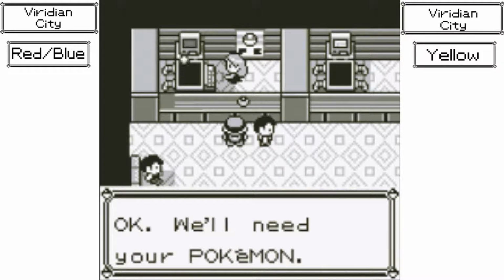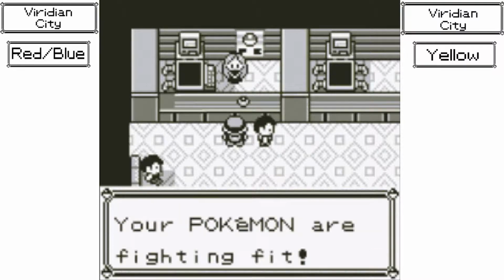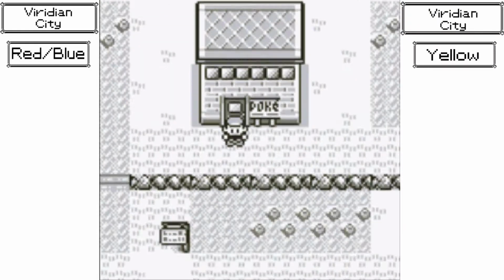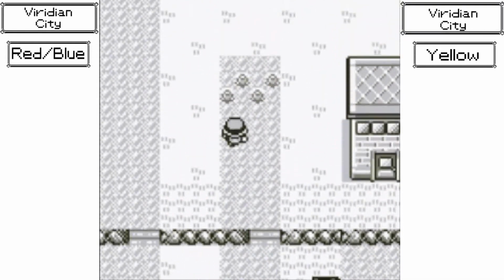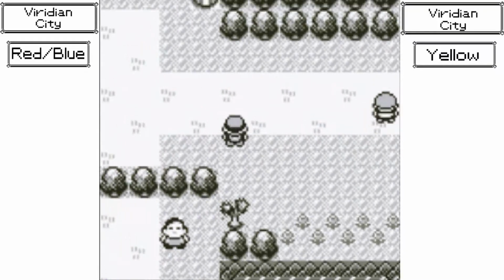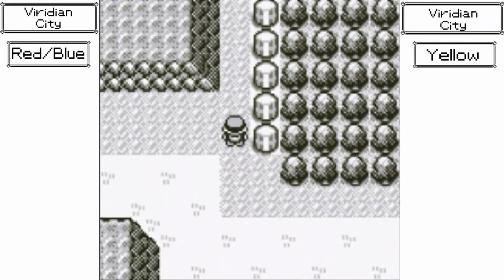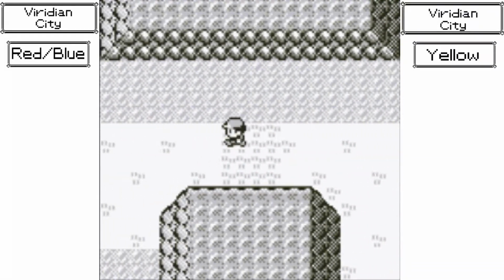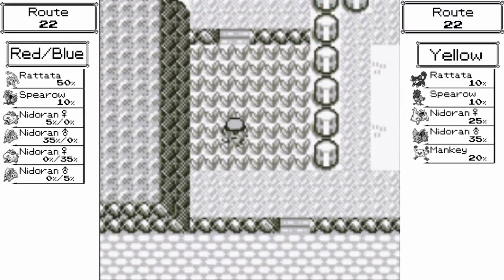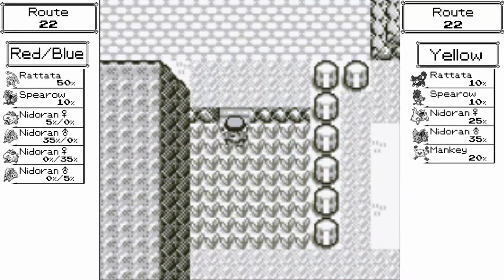Sometimes there'll be NPCs that block your way and then you go into the next route and you come back and they're somewhere different. It just seems really weird, especially since a lot of NPCs just seem to be static where they are. So who knows. Yeah, he's down there now. Okay, that's weird. Alright, well, with that weirdness out of the way, we can head on over through...